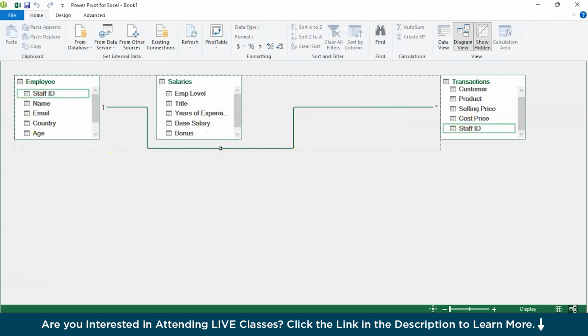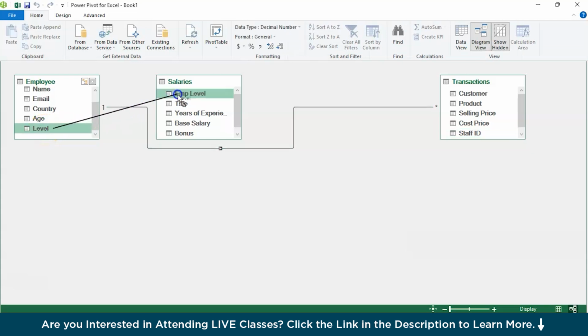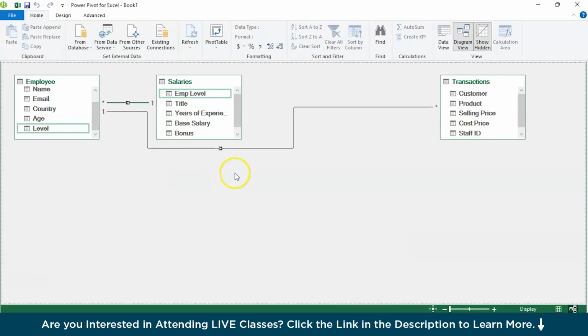So it has created a relationship. Same goes for the employee level. The employee level under the salaries table and this level under this employee table will connect this. So it got connected. So now that we have basically added connection, it's no longer just three tables, but one